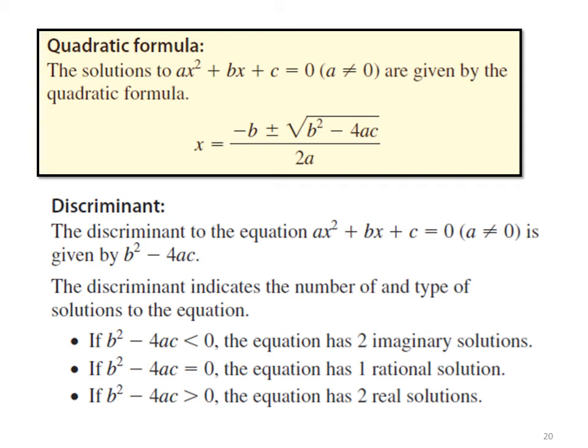So we have three cases. If the discriminant, b squared minus 4ac, is less than 0, then you have two complex solutions, two imaginary solutions. If b squared minus 4ac equals 0, then you only have one solution, which is a rational solution, minus b over 2a. The third possibility, if b squared minus 4ac is positive, then the equation has two real solutions. So here are the three possible